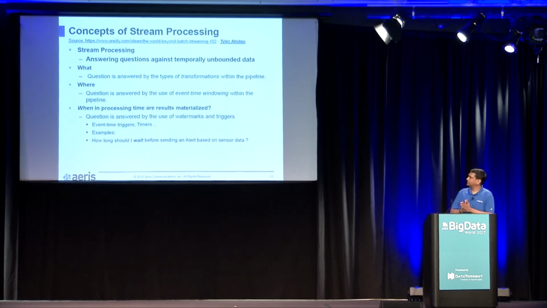So when in data processing are results produced? Imagine that you are supposed to provide an hourly update. Every hour, you're looking at time series data or stream data flying by, and every hour you're supposed to answer a question. If you know based on the context that the data is no later than a few seconds behind reality, your SLAs and when you can commit to answering the question can be structured around that. But if the data can come in much later, you need to be ready to construct the SLA and the application around that. So that is the when aspect of it.